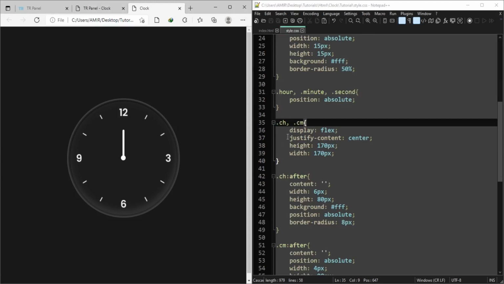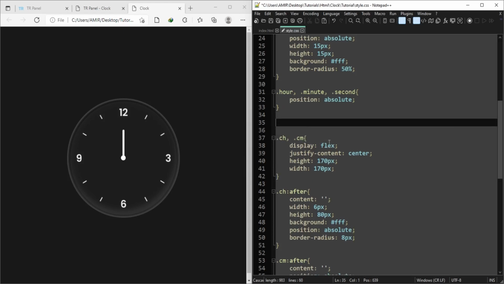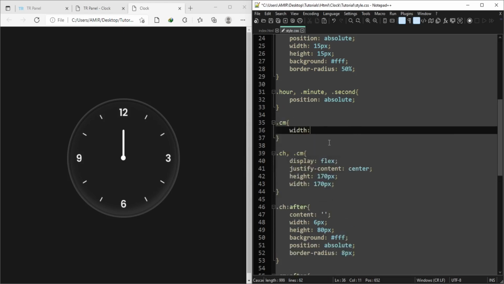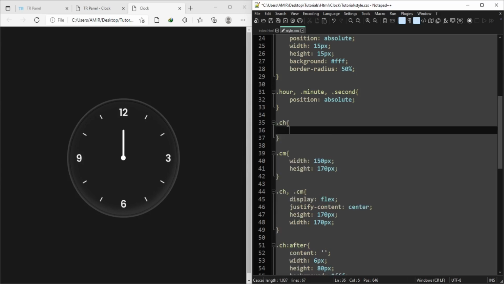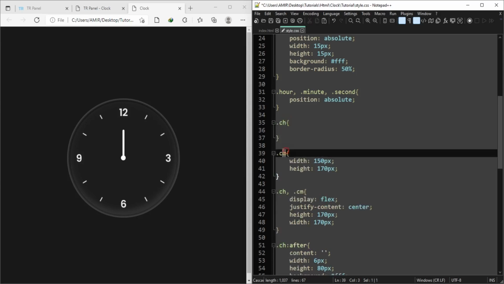Now if you want to change the hour and minute positions separately, then you can type here. You can also change its position separately. This means clock hour and this means clock minute. So cut this height and width from here.